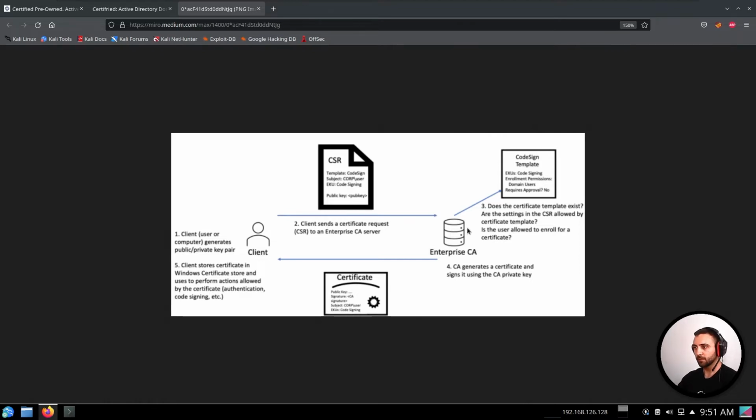So it sends the CSR here, then the enterprise CA server goes there and checks the request. Does the certificate template exist? Are the settings in the CSR allowed by the certificate template? Is the user allowed to enroll for a certificate? So what happens now is, on that server, which is most likely the domain controller, when a CSR comes in,